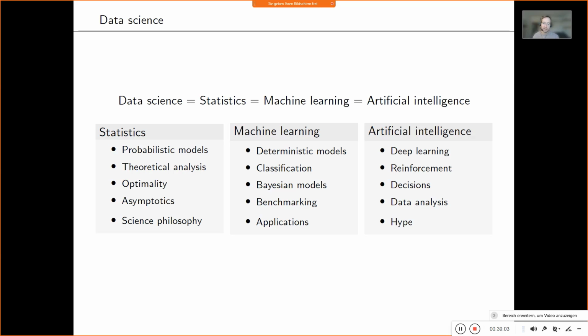So machine learning can also have probabilistic models, but the machine learning that you might encounter if you type in machine learning, and you learn that the only thing that exists in machine learning are neural networks, then of course you are out of the probabilistic domain first. And then machine learning, of course, has its benchmark sets, so it's a community, and they have their benchmark sets, the MNIST set, and they try to get better on that. And of course, machine learning is also fairly application centered. However, there's also theoretical work in machine learning, and this is why it's really not meaningful to say that statistics is different from machine learning.